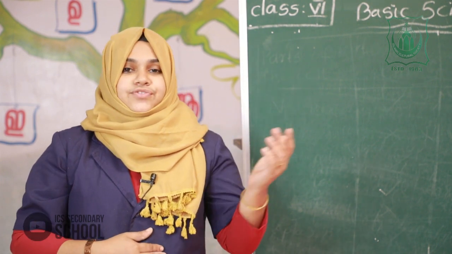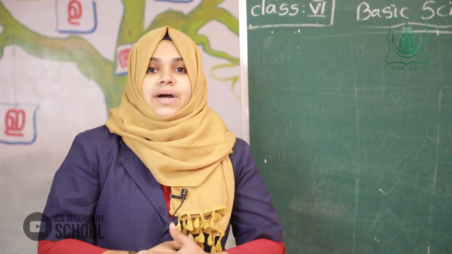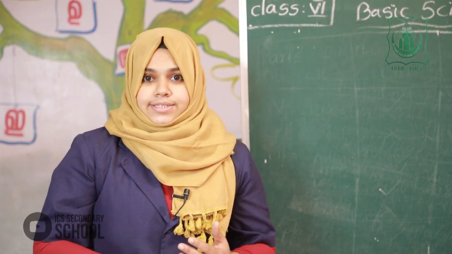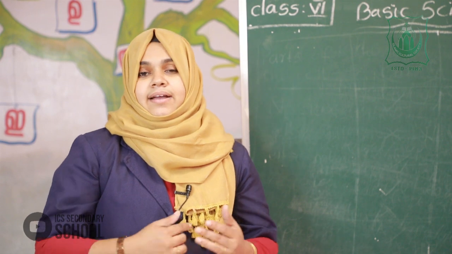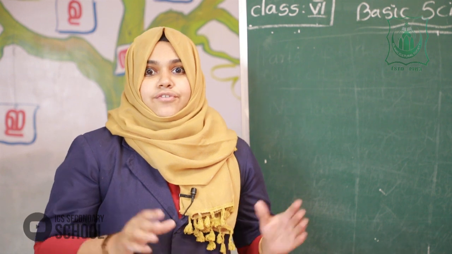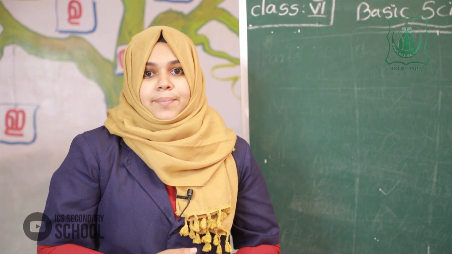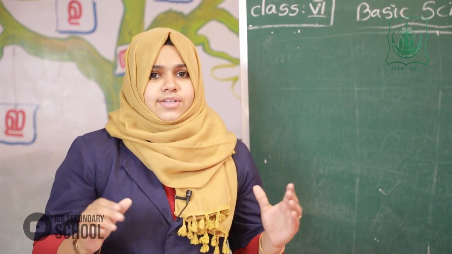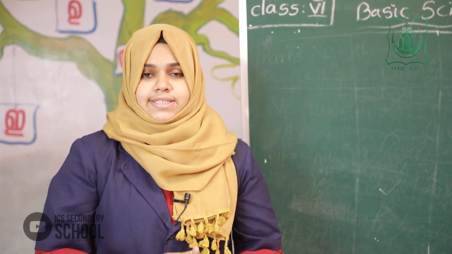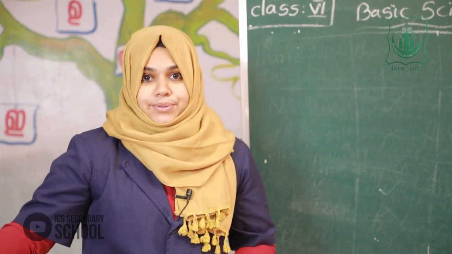Okay. Then at last, what did we learn? Yes, the important parts of animal cells. The important parts of animal cells are nucleus, cytoplasm, and cell membrane. Then we also learned the parts of the plant cell, and compared the common features of animal cell and plant cell. Do you understand all this? Very good. In this chapter you have 2 works based on this chapter. All of you try to do them. The first question we can do now.